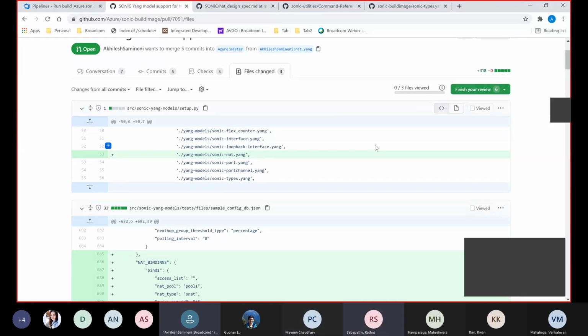That file has been split into feature specific files as per a recent PR, so we have to introduce a NAT specific JSON file. Something like valid and invalid validations, right? Correct. Inside the Sonic Yang model test there is a Yang model test folder, and inside that a test configuration folder, and inside that we have those JSON files.